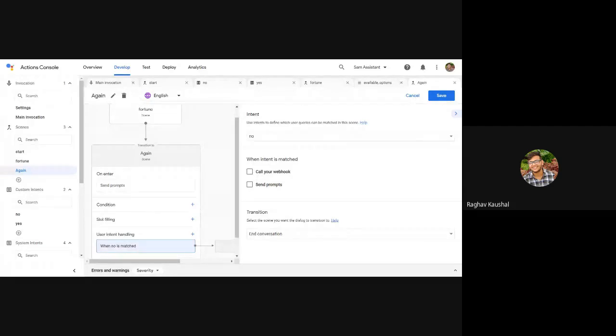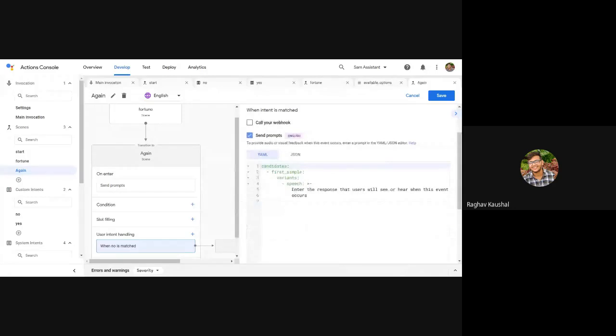Okay. So, guys, the prompt here in yes and no is not okay. I think this is where we are going wrong. In yes and no, we haven't given any prompt to be clear. Here we added the training phrases like no, nah, that. So we can use actually both of these. The prompt we have given it in fortune. You guys got it?